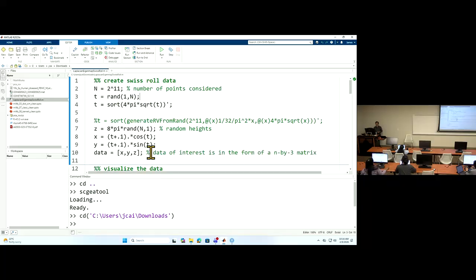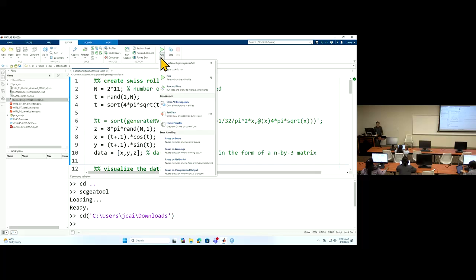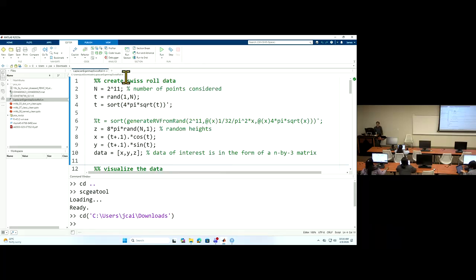So this is the first section, divided by this double percentage sign here. So this is one section from line 1 to 11. If you run this, the whole thing will just go through. But we'd better run section by section. So you click this button here,